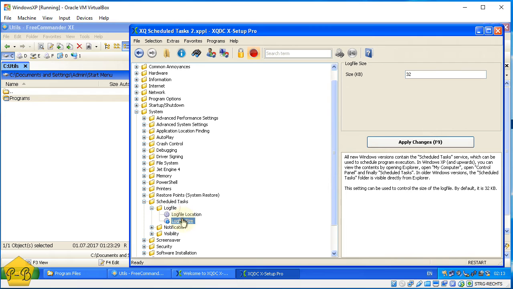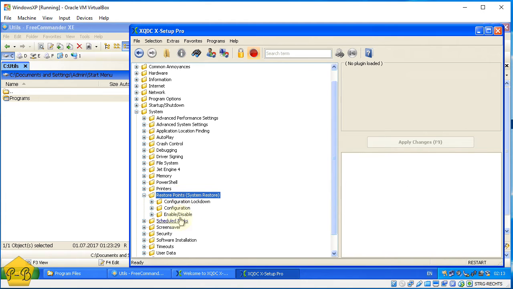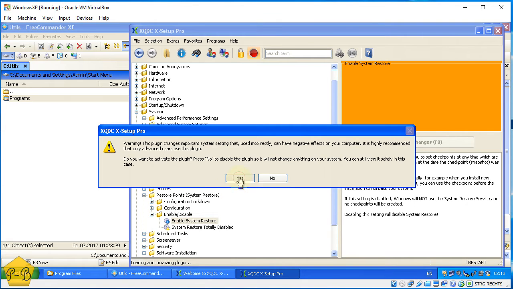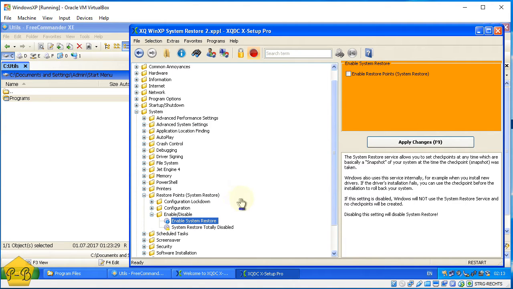You see, we have too many options, but we are leaving as much as possible as default, so that, okay, the system restore, as I was telling, it makes backup of important files,